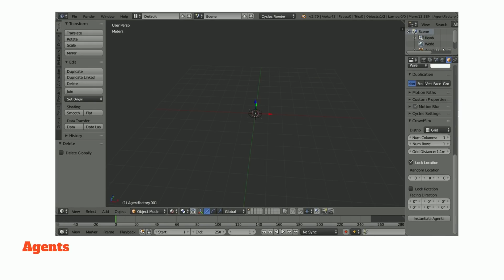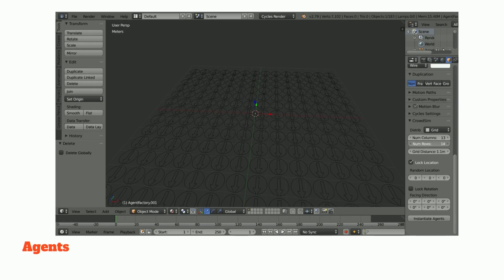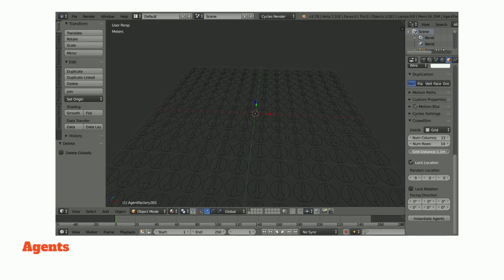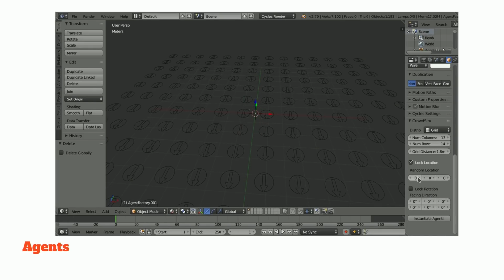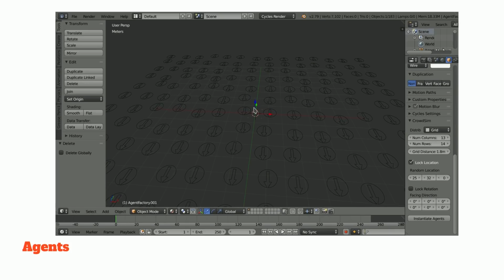This example uses the grid formation, which adds the agents in rows and columns. But we can also do it in a plane or a circle or a triangle, or you can even add your own shape, and the agents will be placed in that shape.